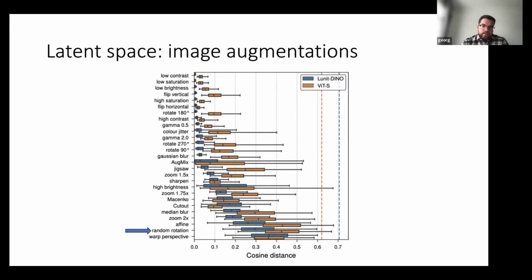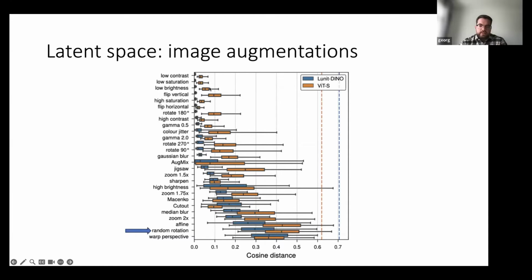What you can see also is that the ImageNet feature extractor has larger cosine distances, so the jumps are generally larger for the ImageNet feature extractor, which means that it is less